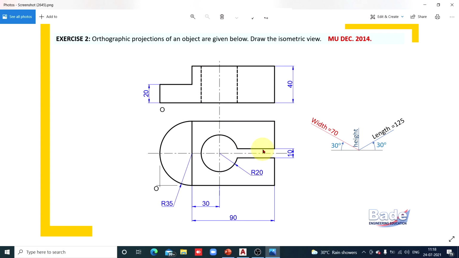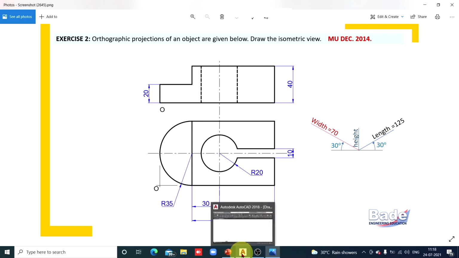This rectangular block has a slot of 10 millimeter thick and a circular hole. So let's proceed. I'll construct this block first of all, and then I'll attach the semicircular plate of radius 35 to the block, and then we'll make holes and slot. Remember, holes and slots, such smaller details, after completing the major part.